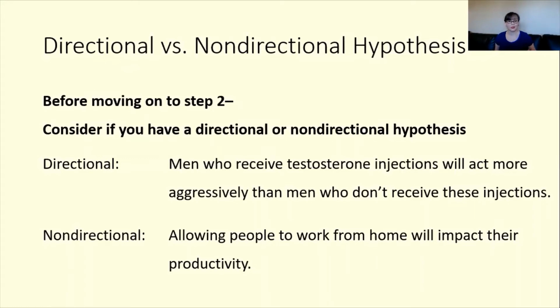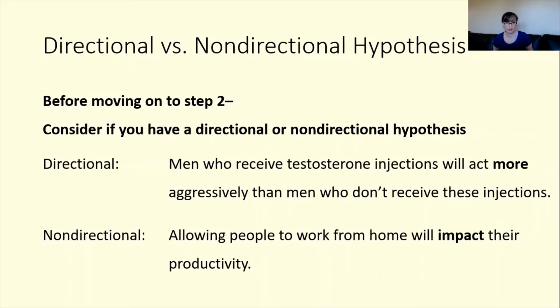So these categories are directional or non-directional. An example of a directional hypothesis is our hypothesis here: men who receive testosterone injections will act more aggressively than men who don't receive these injections. A non-directional hypothesis example would be allowing people to work from home will impact their productivity. These are both making predictions, but particularly there's some key words here that tell us whether it's a directional or